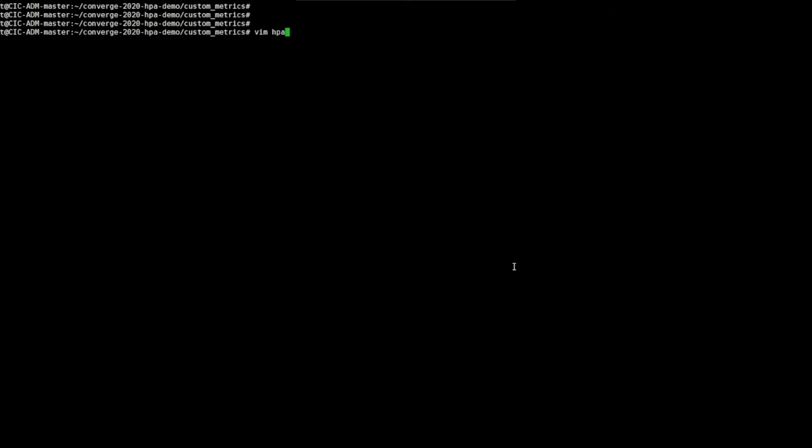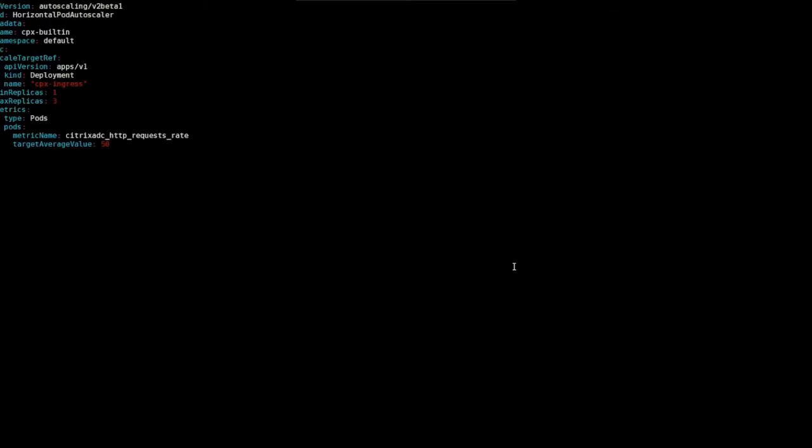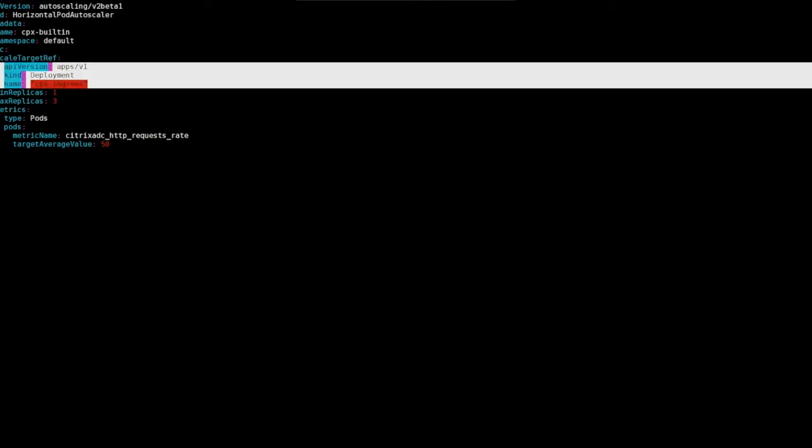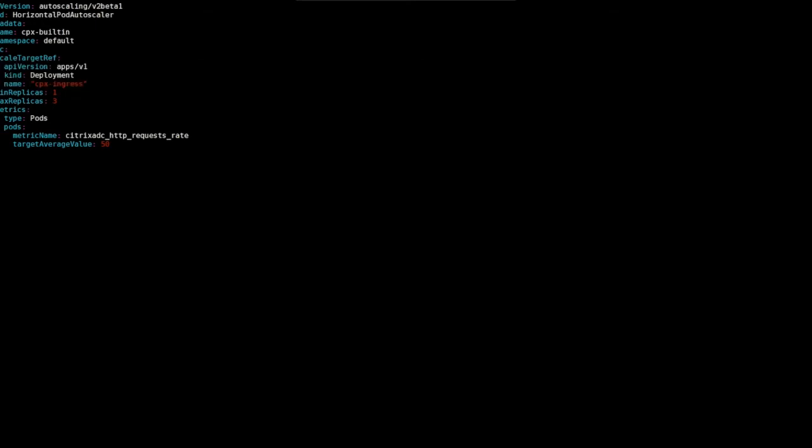Let's start by looking at the HPA YAML quickly. And here we see that in the spec section, we are trying to autoscale the CPX Ingress deployment as mentioned here. Then we have defined a minimum and maximum number of replicas. The HPA will make sure that the number of replicas is at least 1 for CPX Ingress and it does not exceed the number 3 even when the metric is very high.